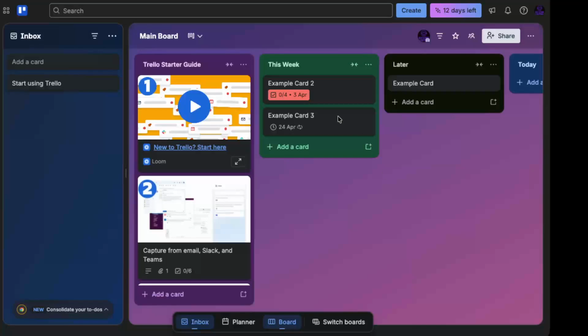In today's video, I'm going to teach you how to add timeline view to your Trello boards. This is a really useful feature if you want to see your tasks laid out over time, instead of just as cards and lists. It's perfect for planning projects, tracking deadlines, or simply getting a clearer picture of what's coming